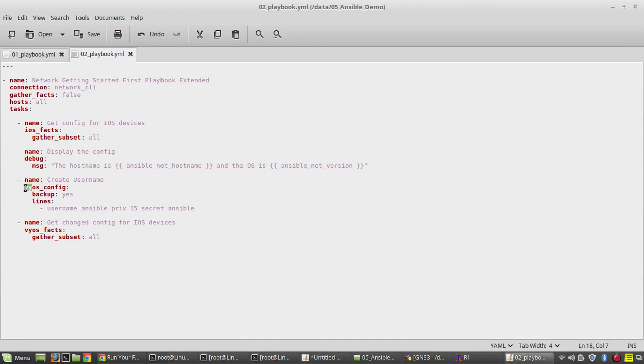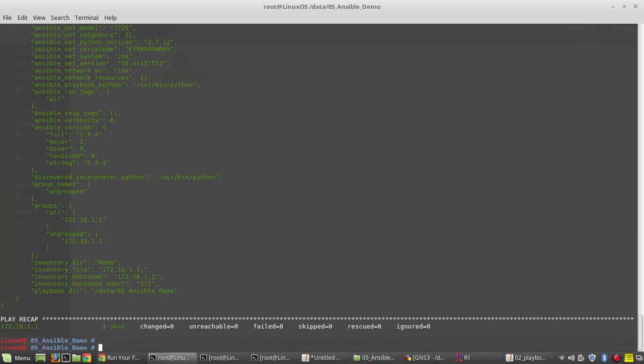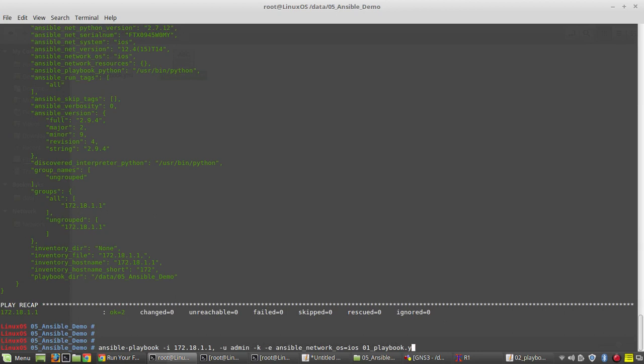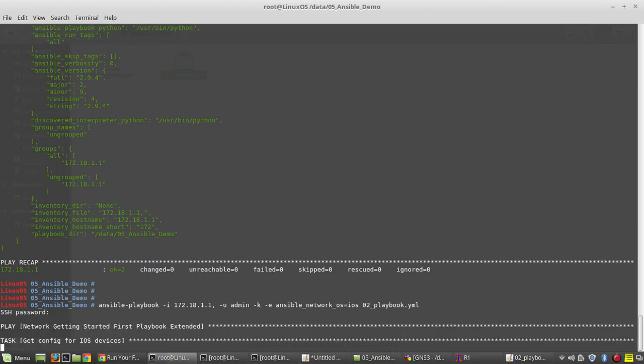Yeah, here we need to change this to iOS. And if you see the folder structure here, we don't have any folder, but once we run this playbook, we'll have a folder called backup. Password.